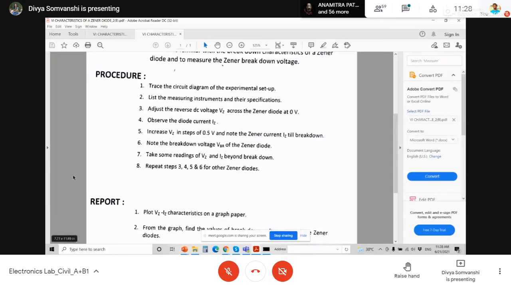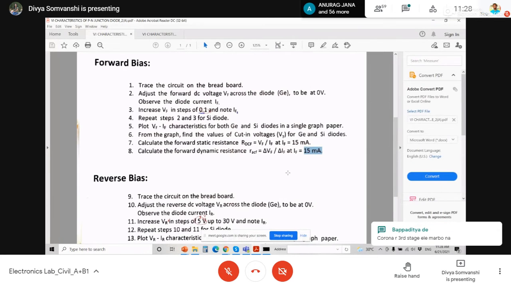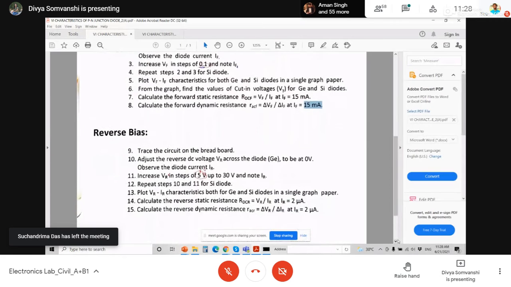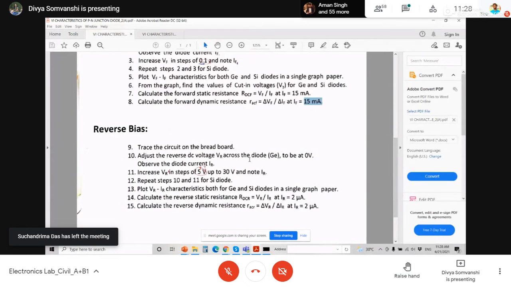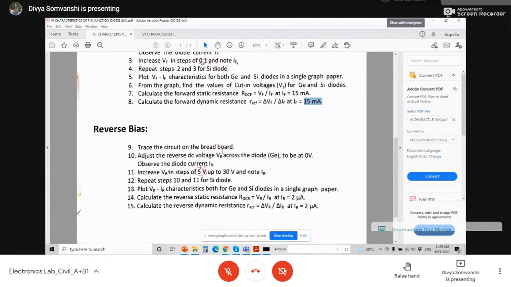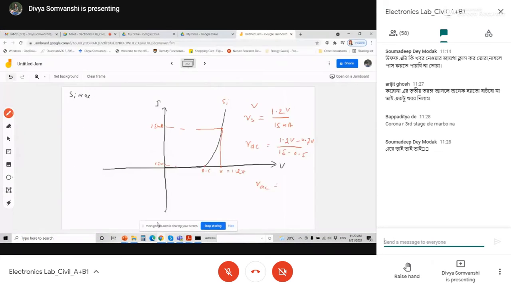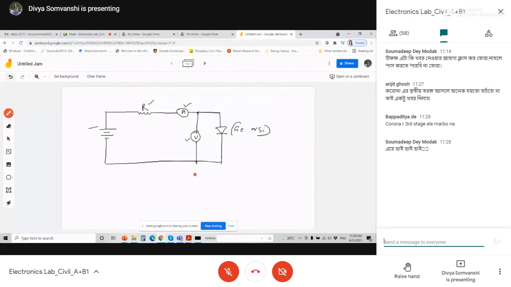Sorry, again I will go for the PN diode. This is the main objective you have to determine from your forward bias characteristic. So now you have to go for your reverse bias. In the reverse bias, you have to change your battery terminal, right? You have to pass positive to negative. It means in reverse bias, your circuit will remain the same; your battery terminal is going to be opposite.